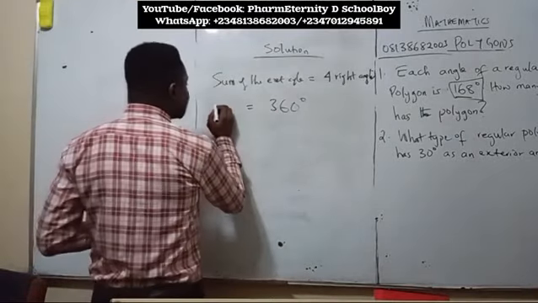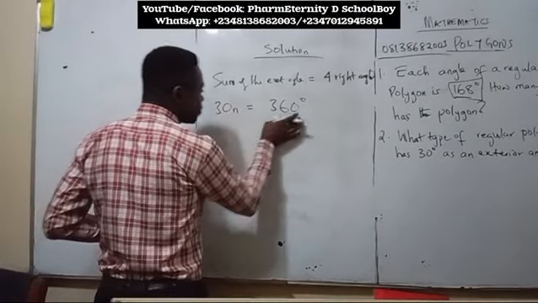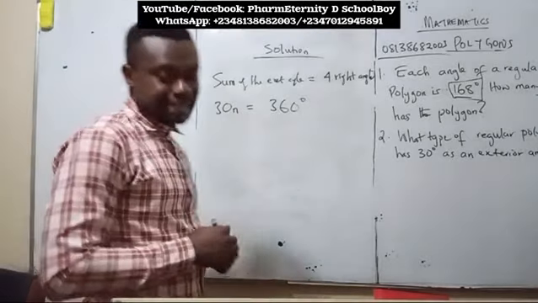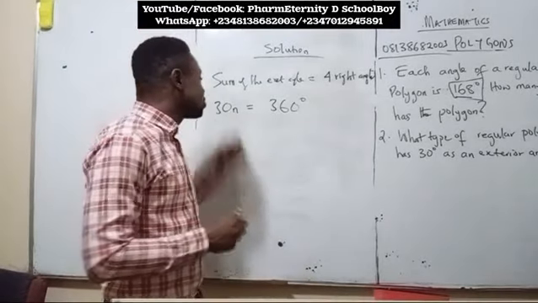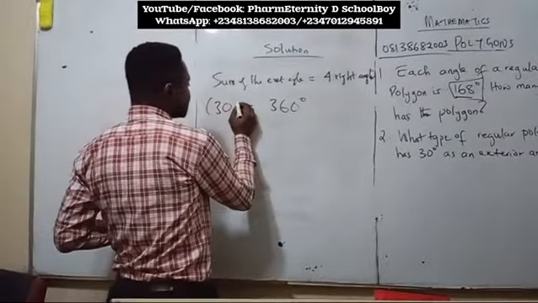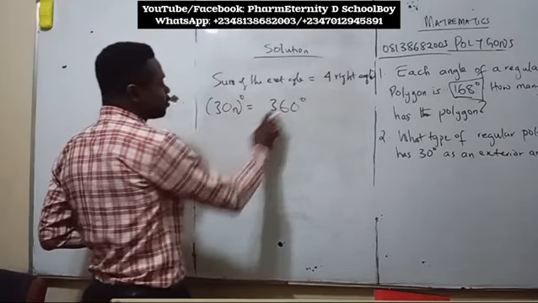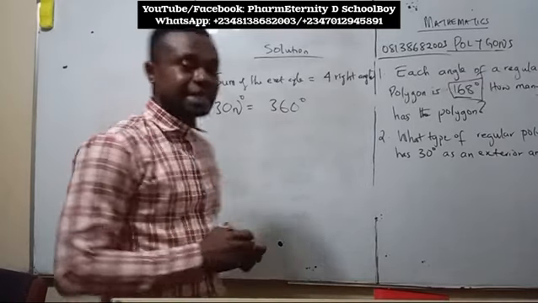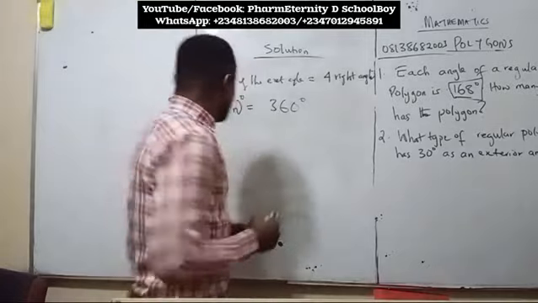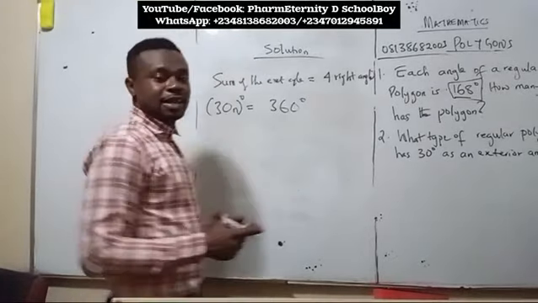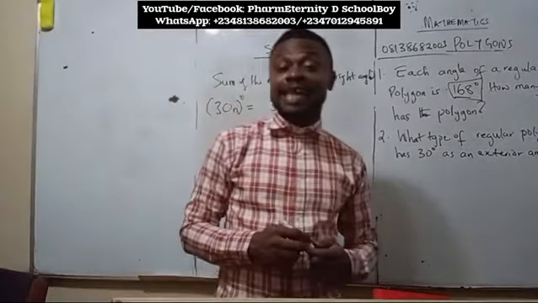So that means 30n is equal to 360 degrees. Now our target is to find n, and this n will give us the number of sides of